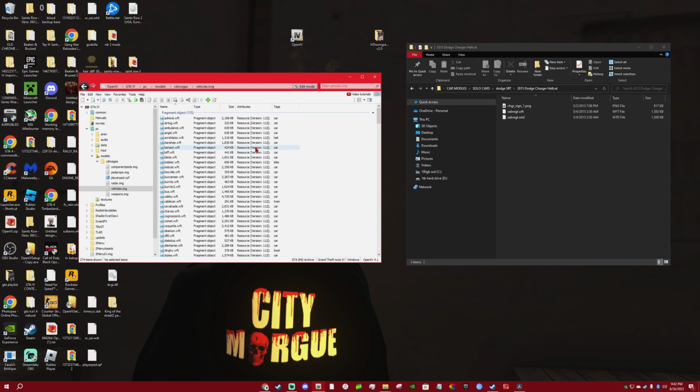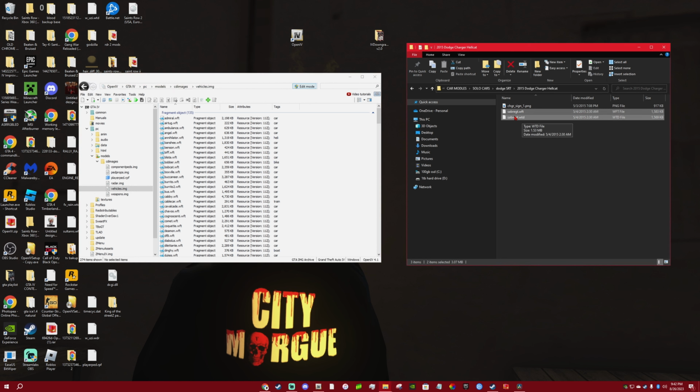So for example, if you want all base cars, but maybe you just want one BMW or one Dodge Challenger, all you have to do is go to it, highlight it, and drag and drop it, and you have that one specific modded car in the game that you want. This is going to save you a lot of FPS because you're only going to have a few cars installed.